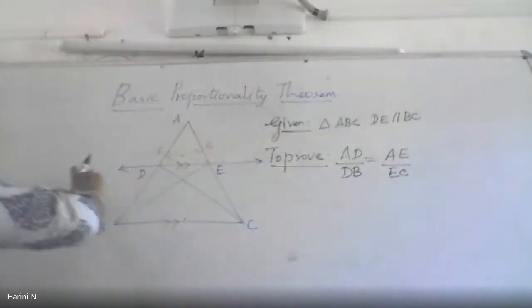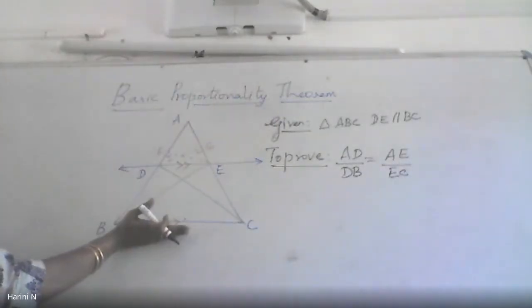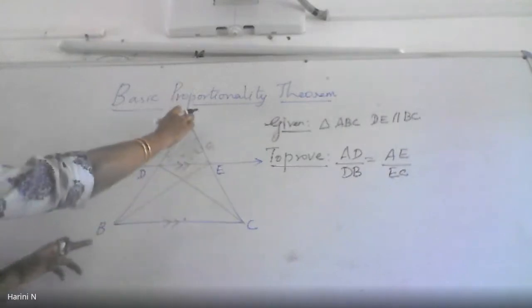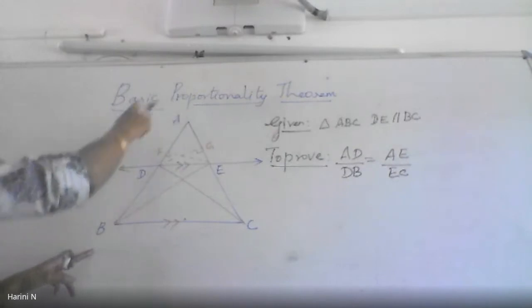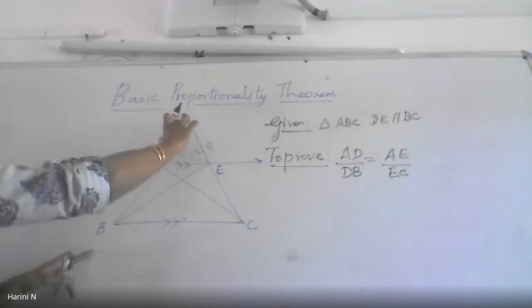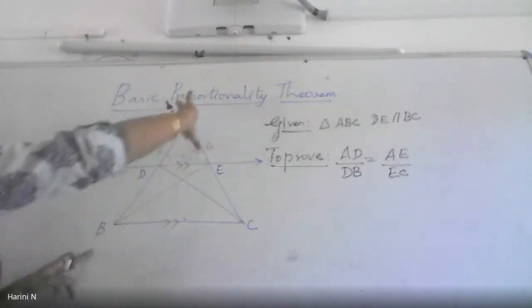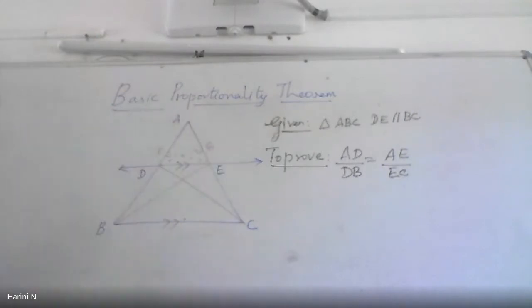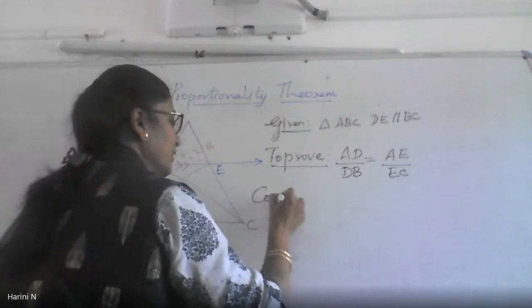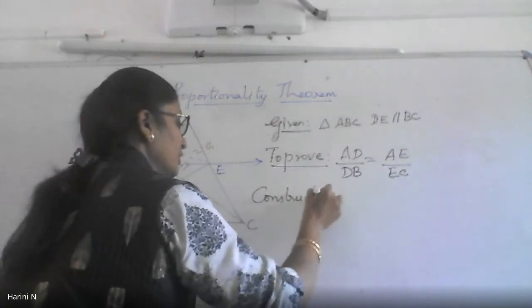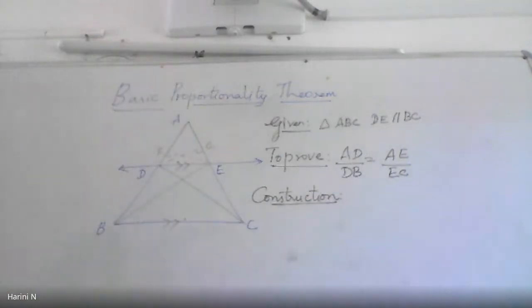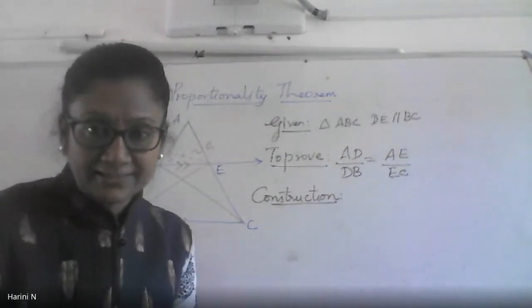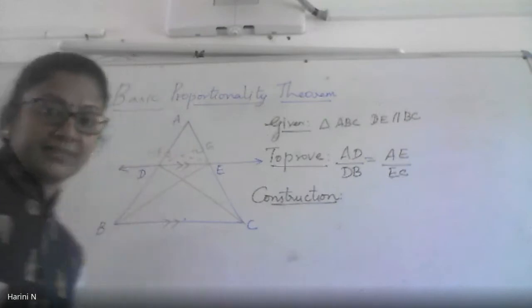If a line is drawn parallel to one side of a triangle, then it divides the other two sides in the same ratio. That is, AD by DB will become equal to AE by EC. This is the proof that you want. There is some construction that I have done. That's why I have done it in a different color. I think it was much better in the video that I had sent because they could use the smart board very, very smartly. That's why I am very, very happy that I could give that video to you.